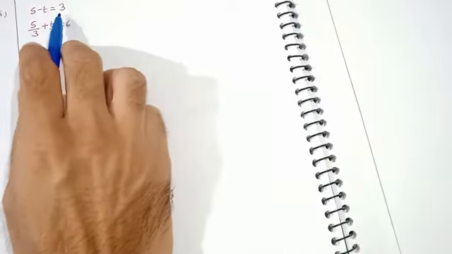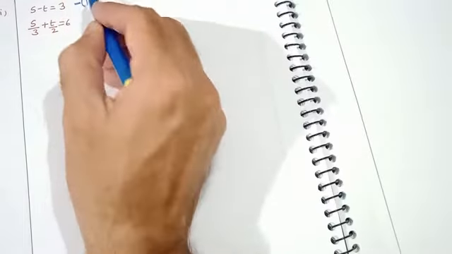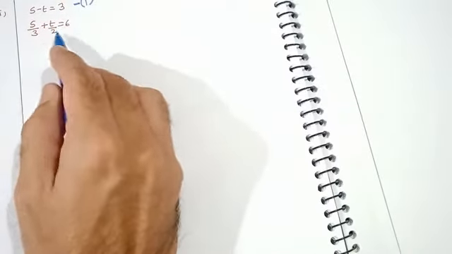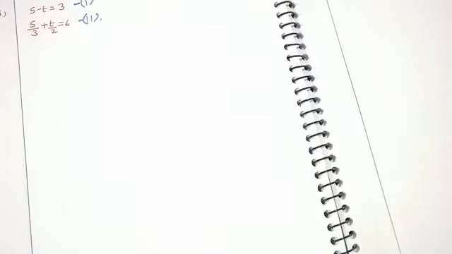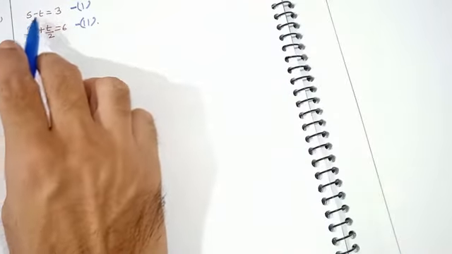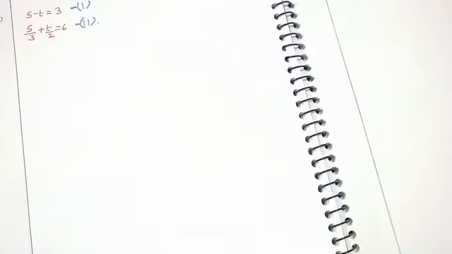Students, we are now with part 2 of question number 1 of exercise 3.3. Okay, so what is the given question here? s minus t equals 3. This is your first equation, and s upon 3 plus t upon 2 equals 6. This is your second equation, and we have to solve the pair of equations. Means we have to find the value of variable s and variable t.